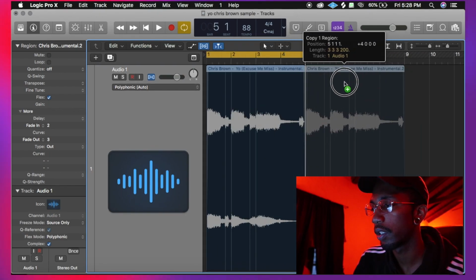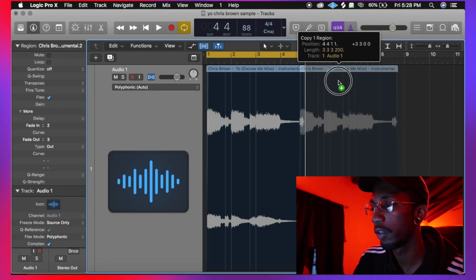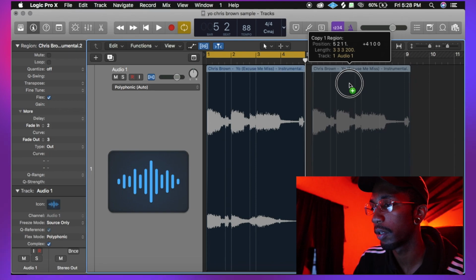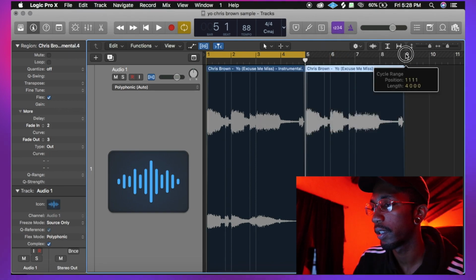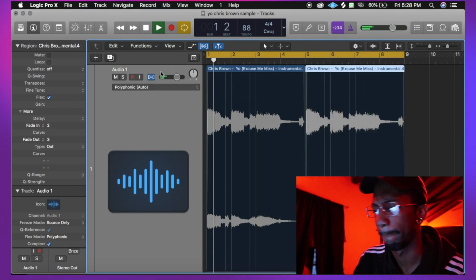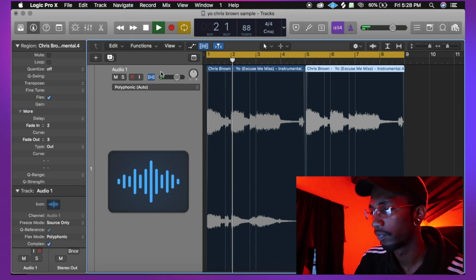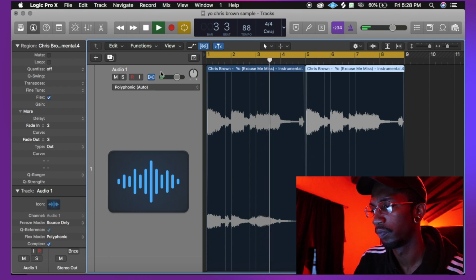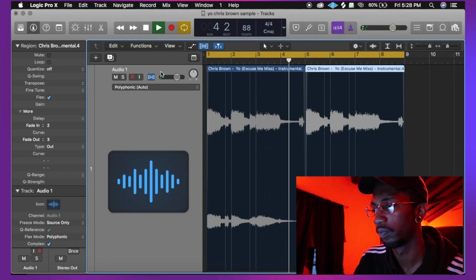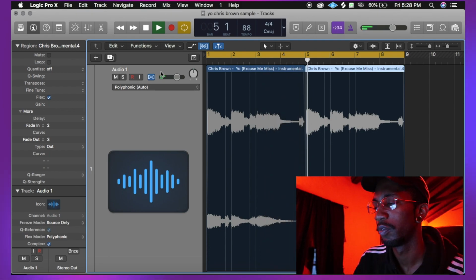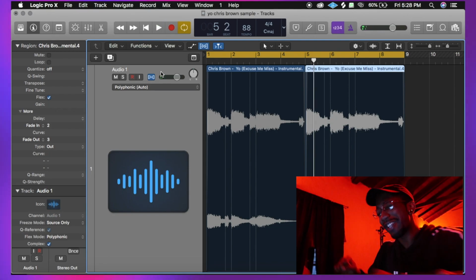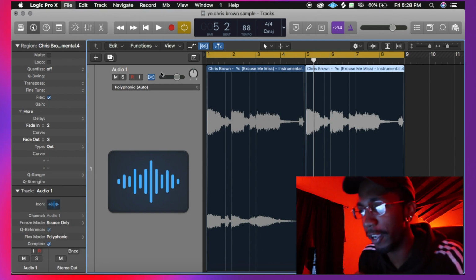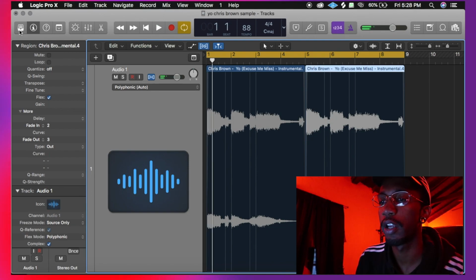I'm gonna make another little section right here. And to do this, if you guys don't know, you click something, hold Alt, and it will copy it as you drag it somewhere. So let's set a cycle. Ooh, that's my loop right there. Command S, save that. Alright, so what I'm gonna do now is